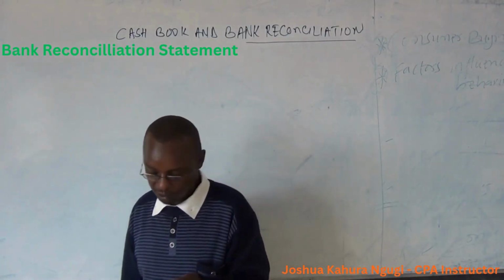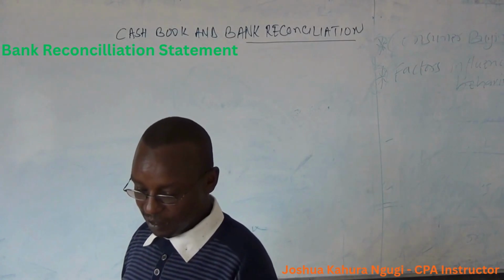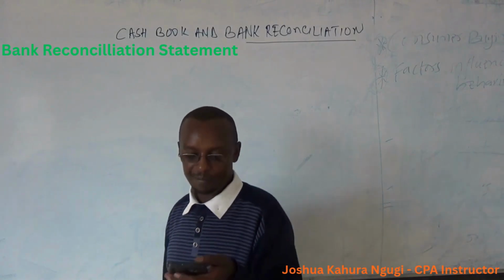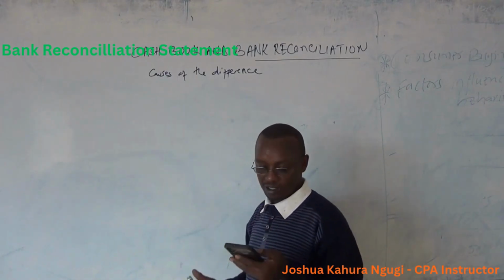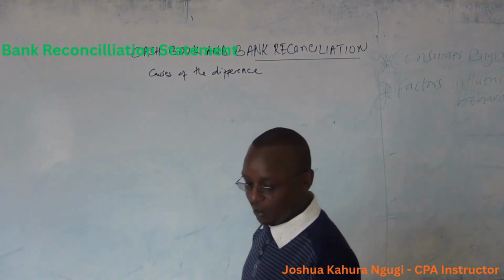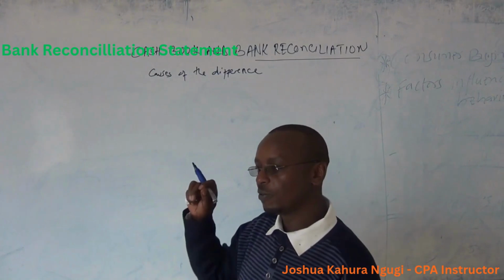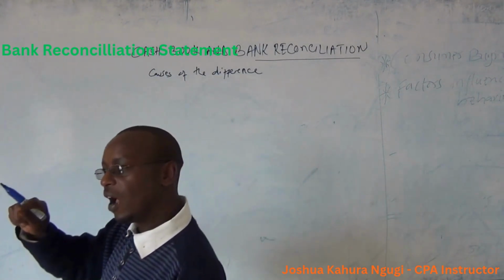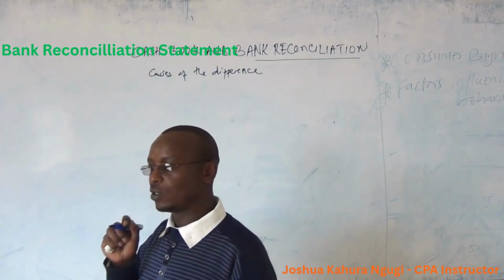There are various reasons or causes of the differences between the balance as per cash book and the bank statement. Number one is a check received and entered in the cash book. There may be a delay of one day or two between the time of depositing the check and the bank processing that check. So when you issue a check today,